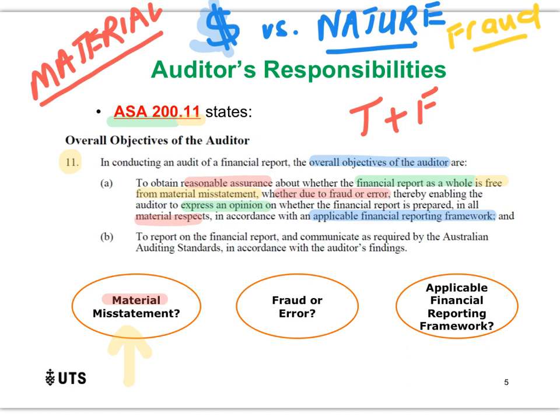Secondly, when we talk about significant issues, it could be because of intentional fraud or unintentional error. Regardless of which it is, it can still be material. So we look at both of these situations, and as you all know by now, we use the applicable financial reporting framework of the AASBs as our criteria in conducting the audit.